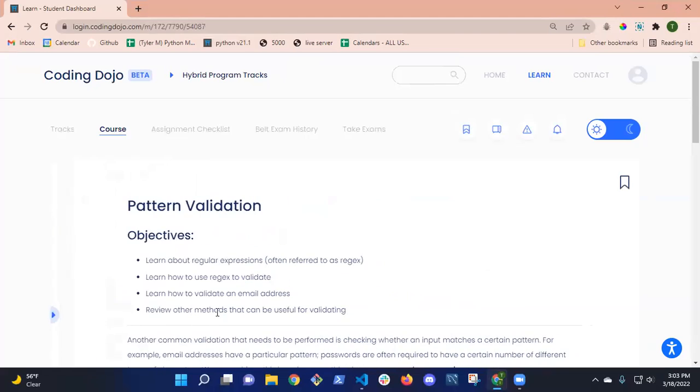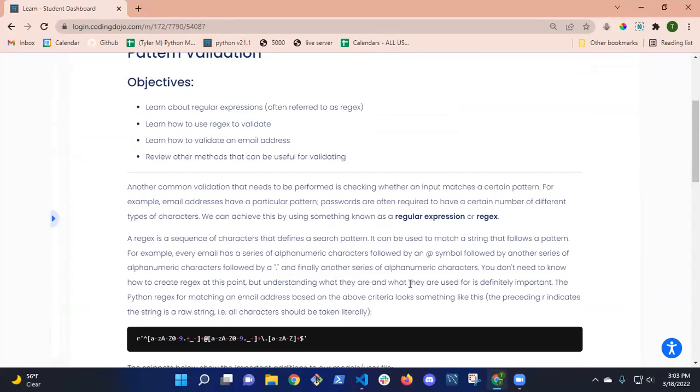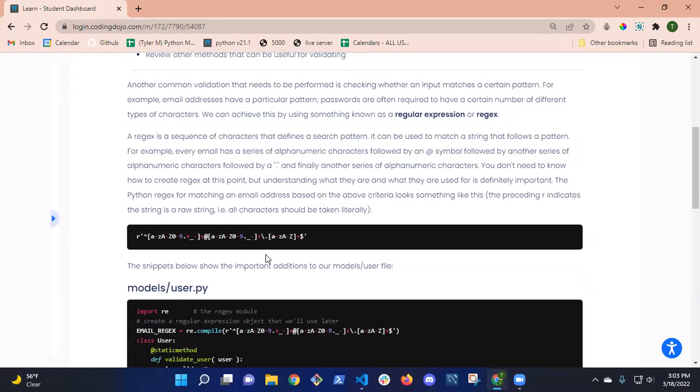So pattern validation is going to involve regular expressions. And my favorite quote about regular expressions, I think I mentioned this yesterday: when a developer says he has a problem and says, I know I'm going to use regular expressions to solve this, the saying is now he has two problems. So regex is,